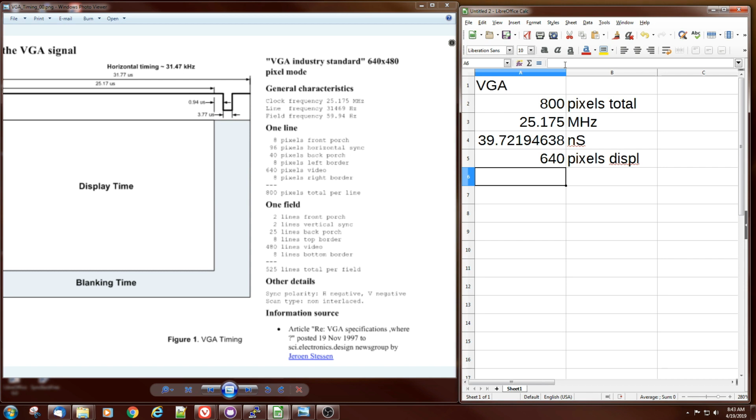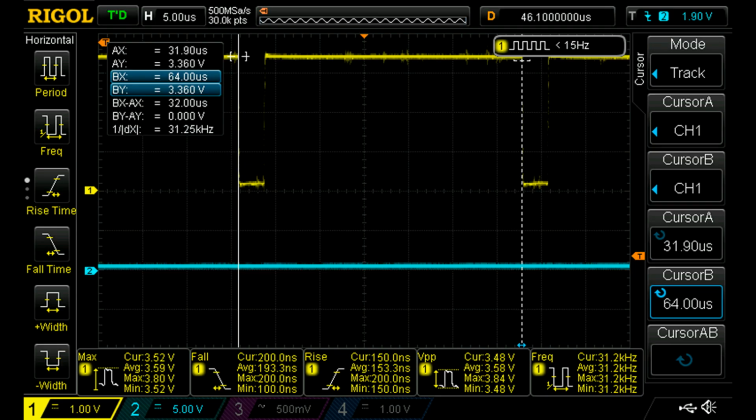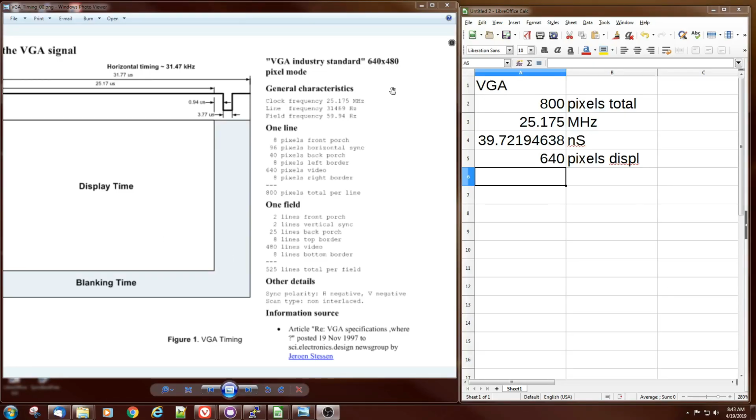So another way to work that, you can see the horizontal frequency for that up here is 31.4 hertz, or excuse me, kilohertz. Here's the horizontal clock shown on the oscilloscope, and it displays as 31.25 kilohertz, which is very close to the calculated value. If we do this transformation right, we should still have the same horizontal rate. You can see the horizontal time for that would be 31.469 kilohertz,